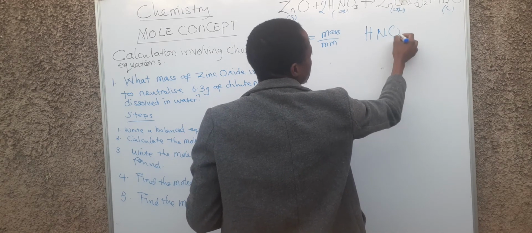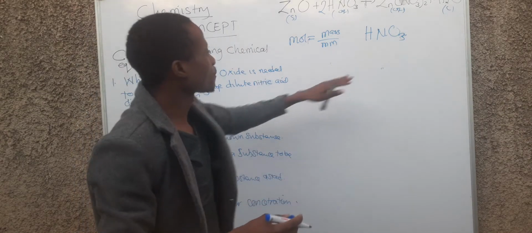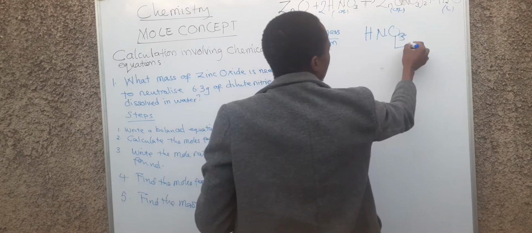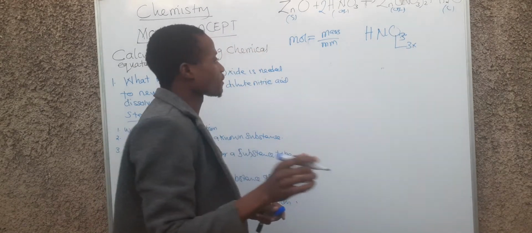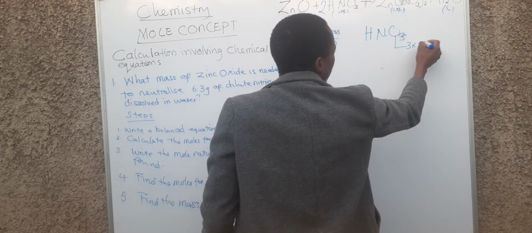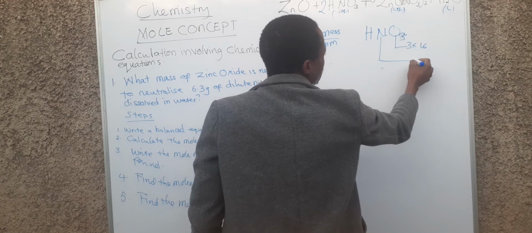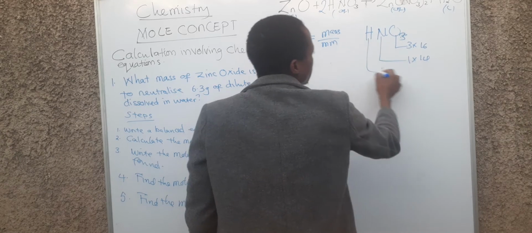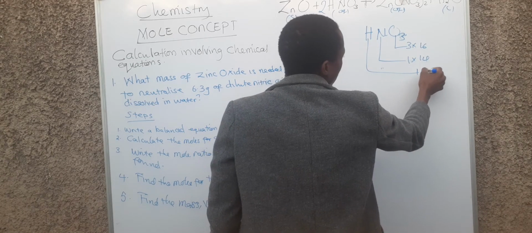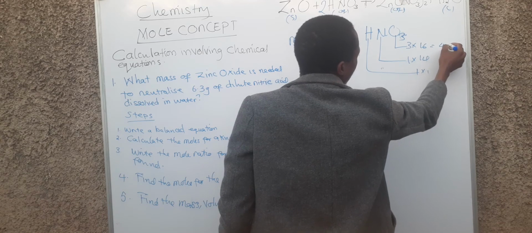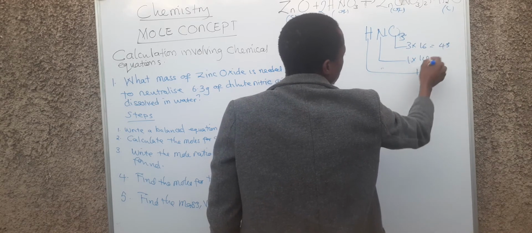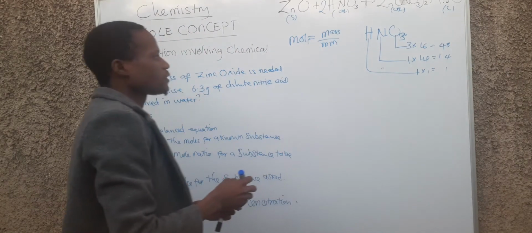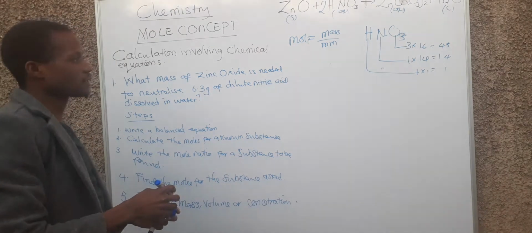Now to find the molar mass, you have to add the total masses of these atoms present in the compound. So here we have 3 atoms of oxygen times the mass number from your periodic table of oxygen, which is 16. Then we have 1 atom of nitrogen times the mass number which is 14. Then we have 1 atom of hydrogen times the mass number which is 1. 3 times 16 is 48. Then we have 14, then 1. When you add those 3 numbers on your calculator,